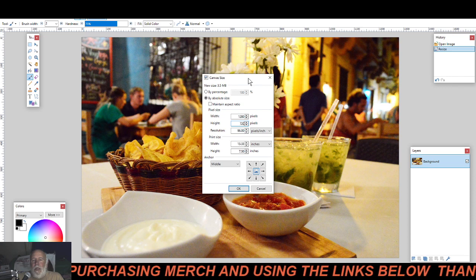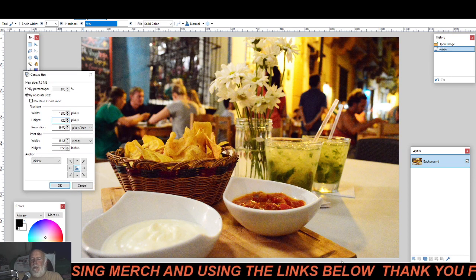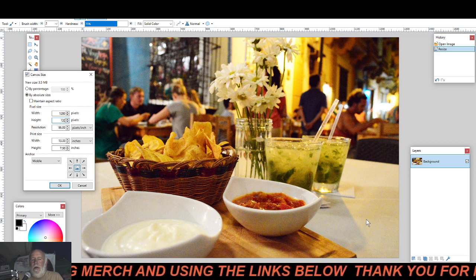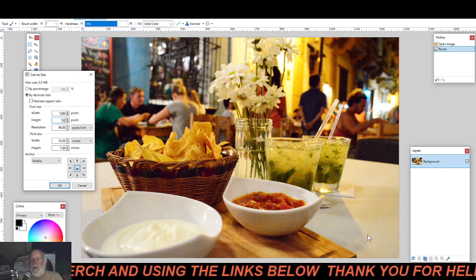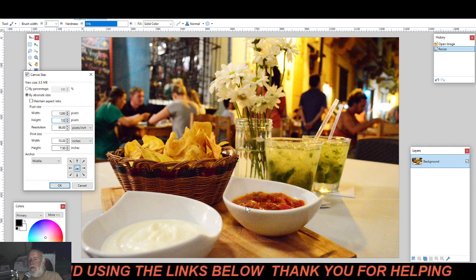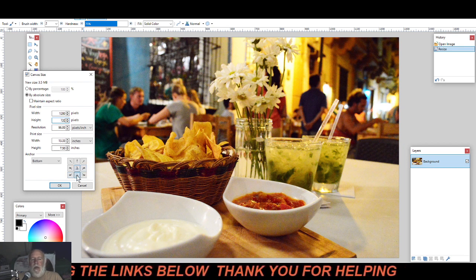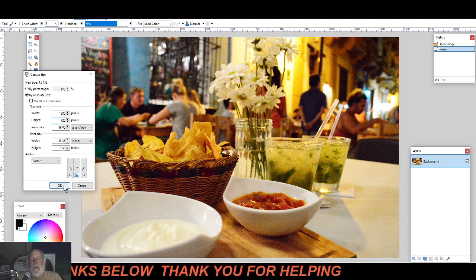And in looking at this picture, if I'm going to chop some of this off because I'm decreasing the height, where would I want this picture to sit? Because it's for the cocktail sauce, I'm going to cut some off the top. So I'm going to hook it in the center of the bottom, say OK,